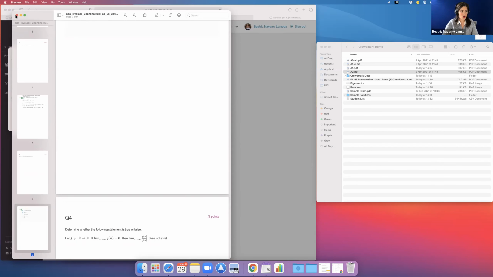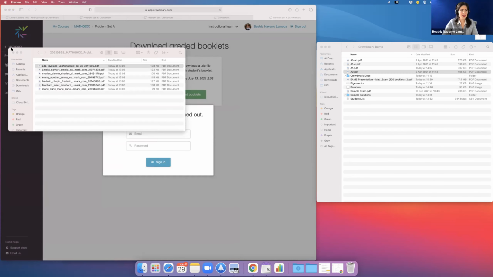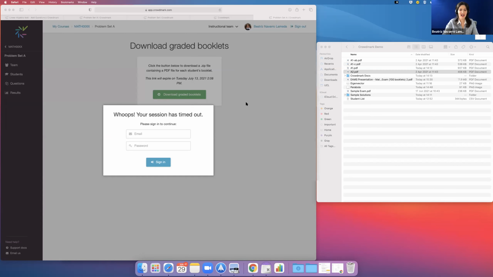How much does it cost? Well, there are different pricing options. The most common ones are the course enrollment option. So that is $375 US per student per course.